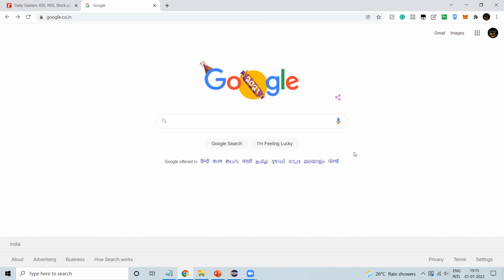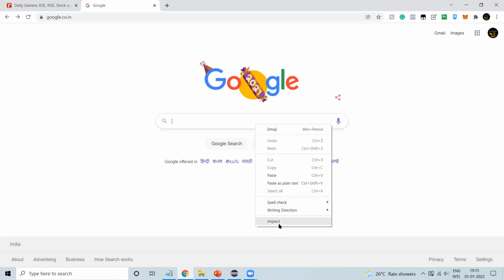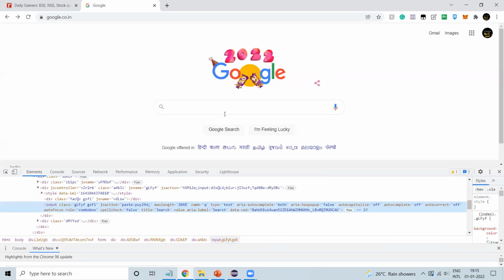I want to find one single element using any locator from this page. So that is where I use driver dot find element. If I want to enter text over here, I need to find the element first. For that, I need to give a locator to the WebDriver, and only then will it find the particular element. I can use any locator from here, like name, q as well.